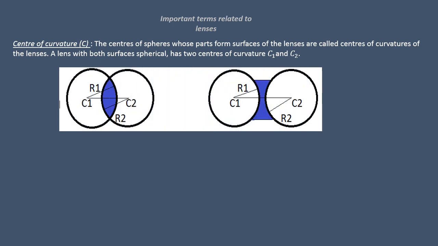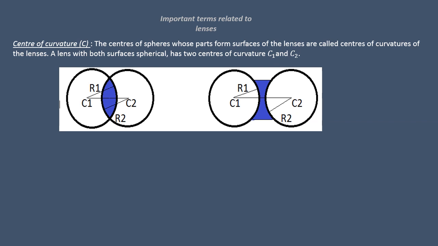So this is your sphere. In this you can see the blue color part. What is the blue color part? Your lens. How did you get this lens? When you cut some part of this sphere, and cut some part of this sphere, you are going to get this lens. Correct? It is like internal touching circles, as you say in your maths.